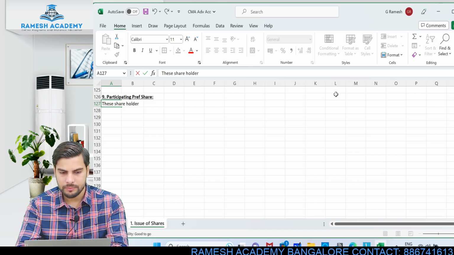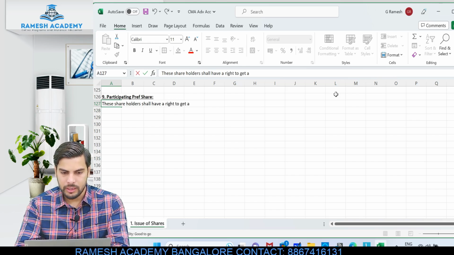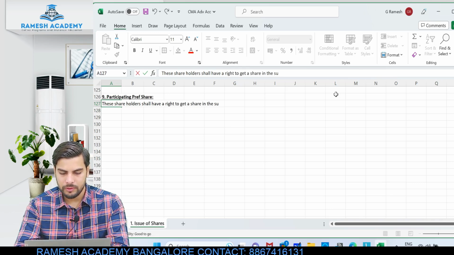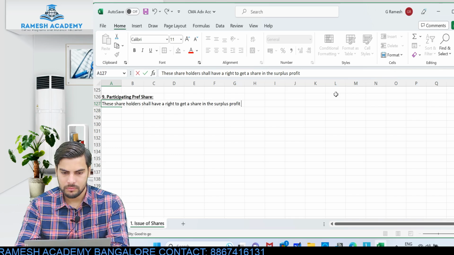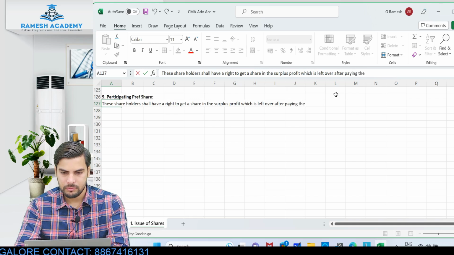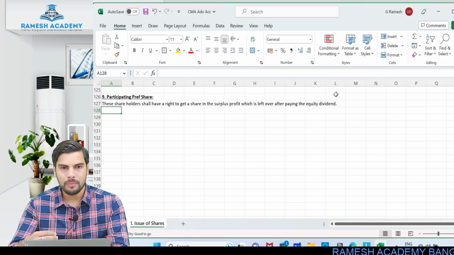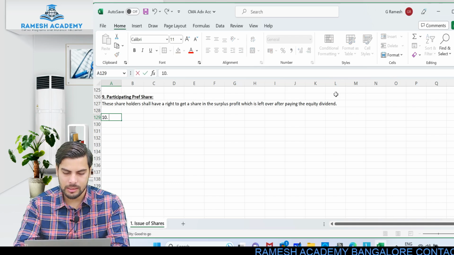These shareholders shall have a right to get a share in the surplus profit which is left over after paying the equity dividend. Clear? So after making the payment to the equity shareholders, if there is still some surplus profit left over, and these people get a right in it, that is what is called participating preference shares. So then the last thing is